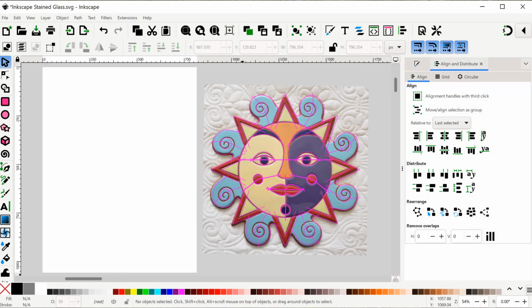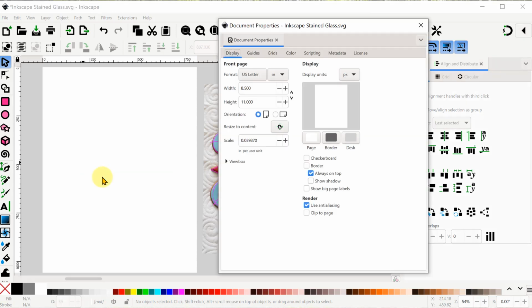Okay, on to Project 2, my favorite sun. This happens to be a ceramic piece I found at a flea market many years ago, and it's been hanging on my wall ever since. Because this is a round piece, I'm going to change the document properties by right-clicking and setting the page to 8.5 by 8.5 inches. I'd also like to show you how I began to make the tracing with line segments